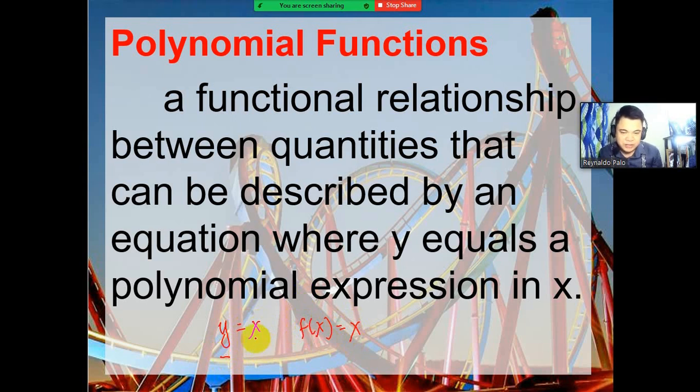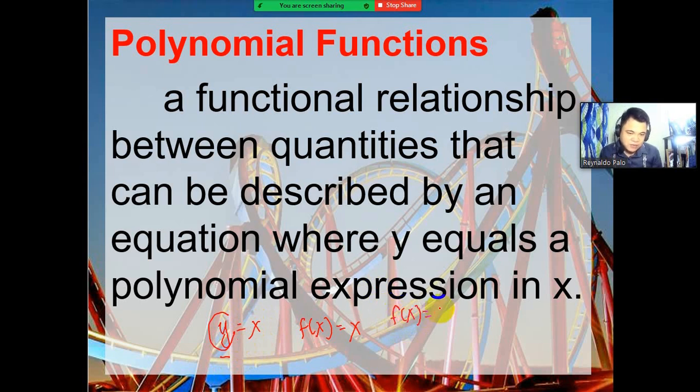What do we mean by that? Y here is what we call dependent, and x is what we call independent. Whatever the value of x is affects the whole value of the polynomial function. Let's say, for example, we have this example,